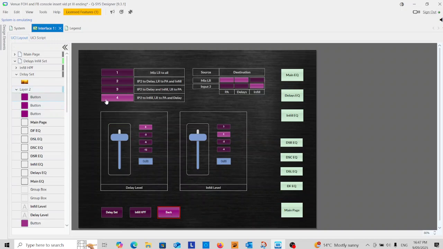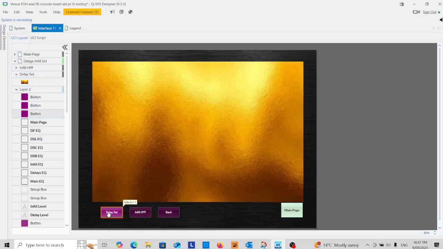A little bit like our rejigging of the fader resets with a ramp time on them. It's just pleasant. That's fantastic. We've done what we need to do here. We are going to make this page next, the delay set. Here it is. I can find it with the button. And this involves us bringing in a custom plugin from the outside world and putting it into Designer. This will be a